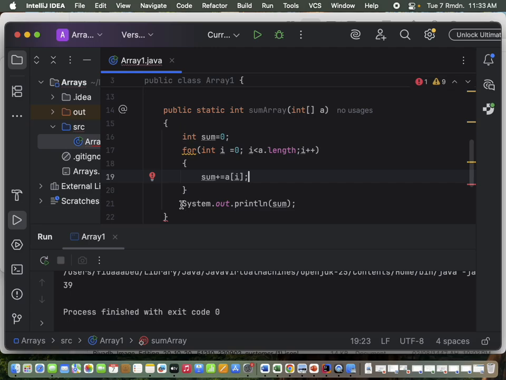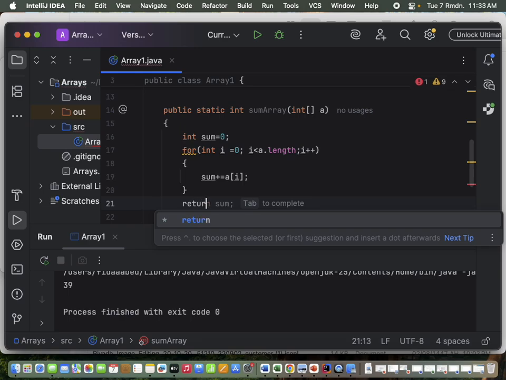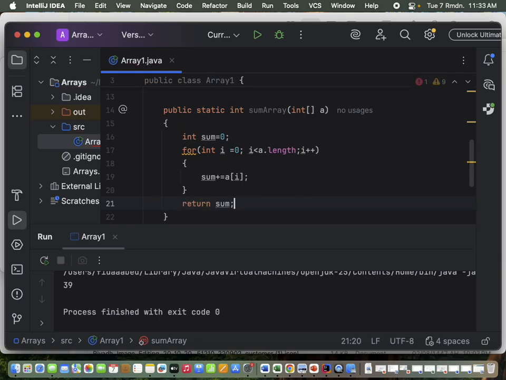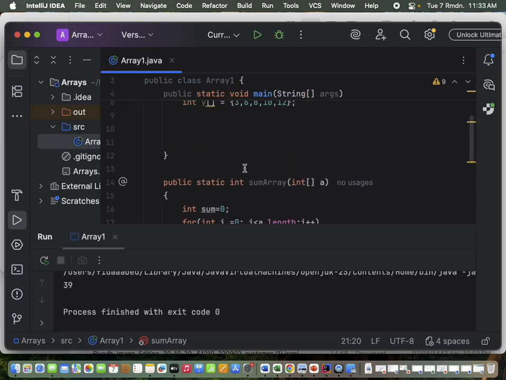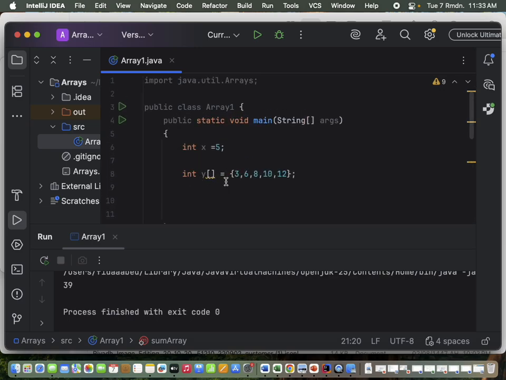Here I don't want to print the sum. What should I do with the sum? Return sum, right? Because we said if the method is returning a value, we should use return. So return sum. So this method accepts an array as input, and it's returning the sum of the values of all the elements. So now, if you have array y, you just can say